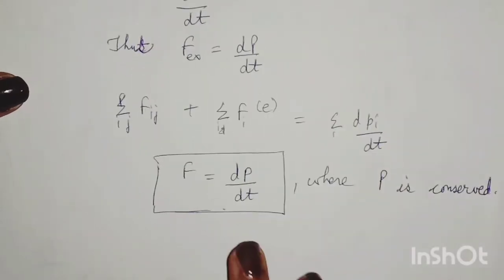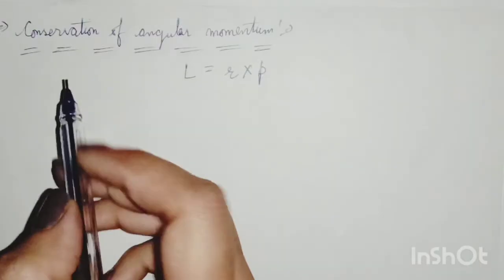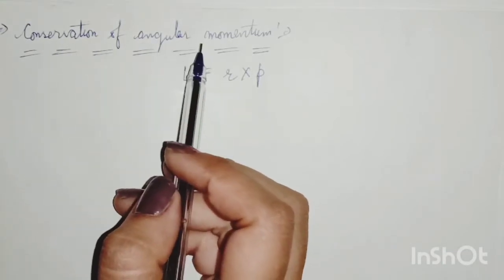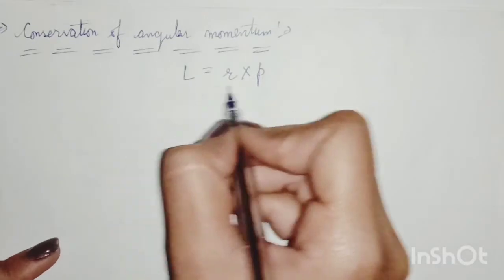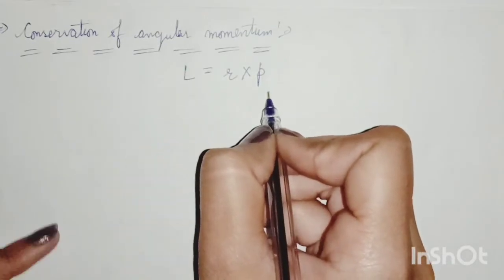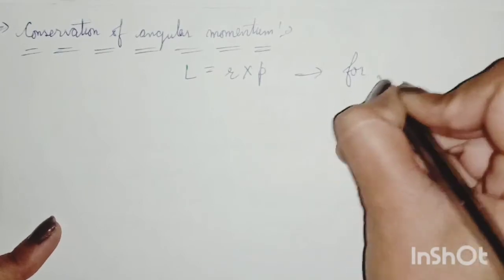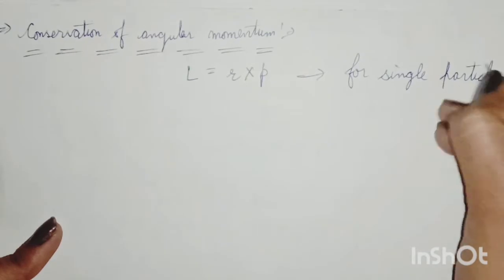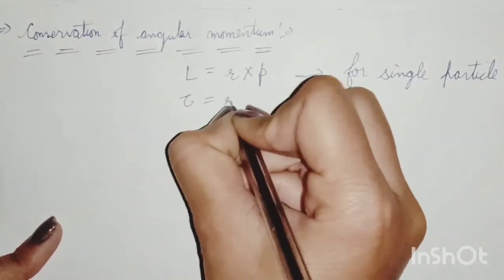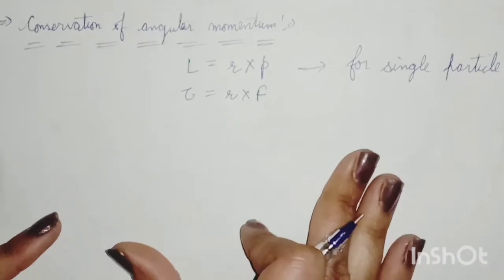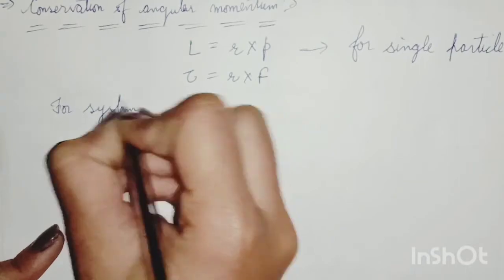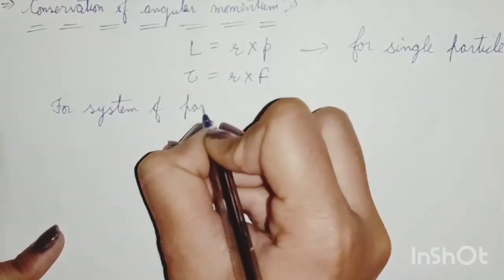So this article is complete. Our next article is conservation of angular momentum. So for this we have L, which is equal to R cross P for a single particle. We know torque is equal to R cross F. And for a system of particles,